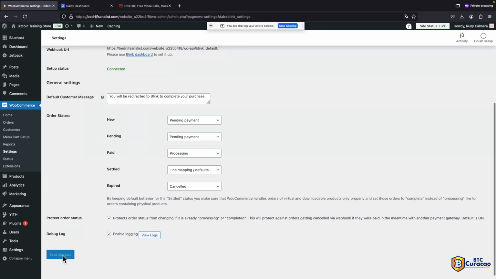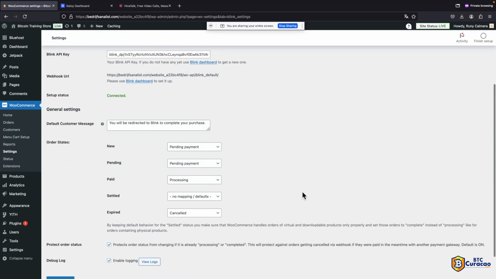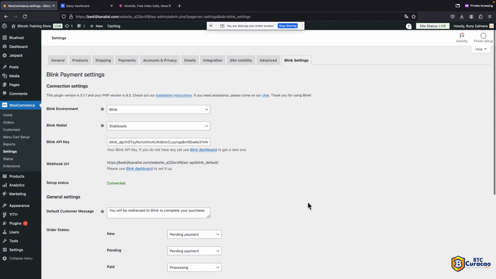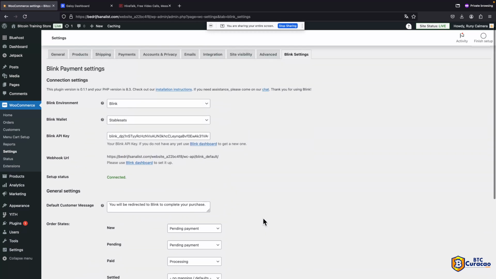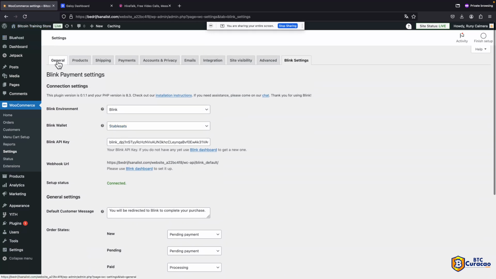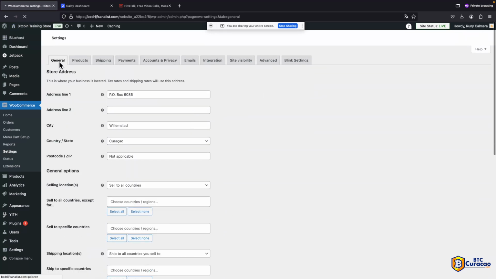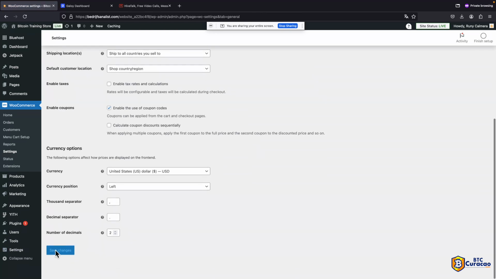So now it is possible to actually continue. Go to General, and you have to verify that the changes have been made. So let's look now at the